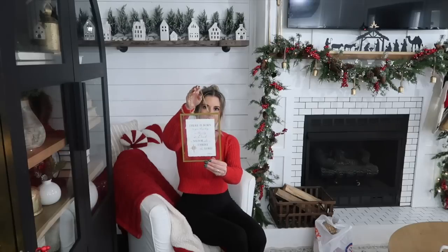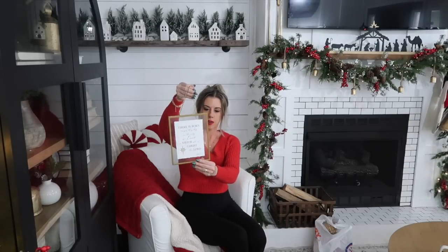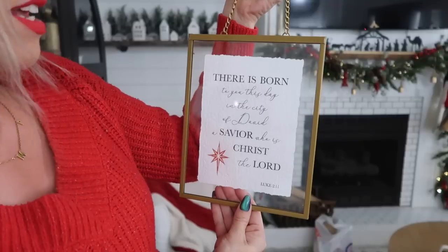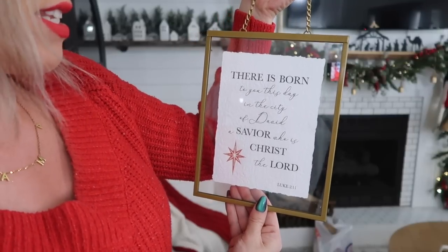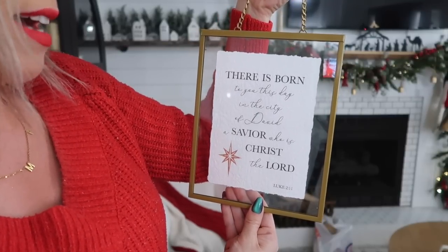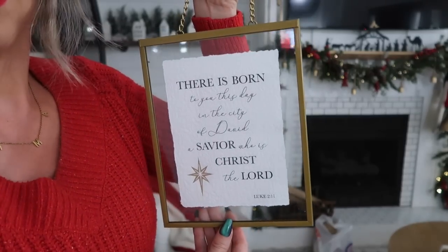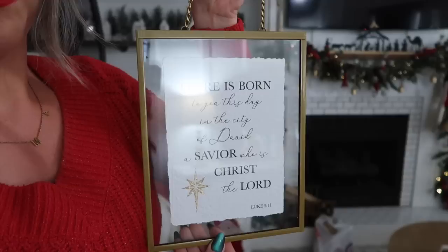The next thing I got is this beautiful sign. This reminds me of the Walmart one I showed in my shop with me at Walmart. It's the same thing with the frame, the gold chain. But I love what this one says. It says, "There is born to you this day in the city of David a Savior who is Christ the Lord." Luke 2:11. So I thought that was stunning, and I don't know exactly where I'm putting this yet,